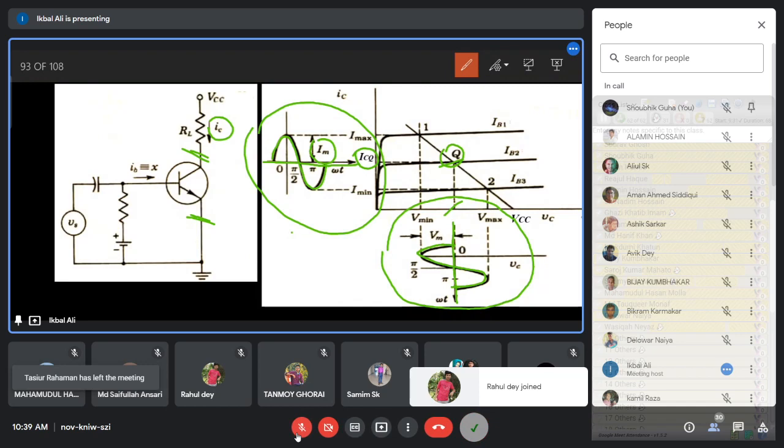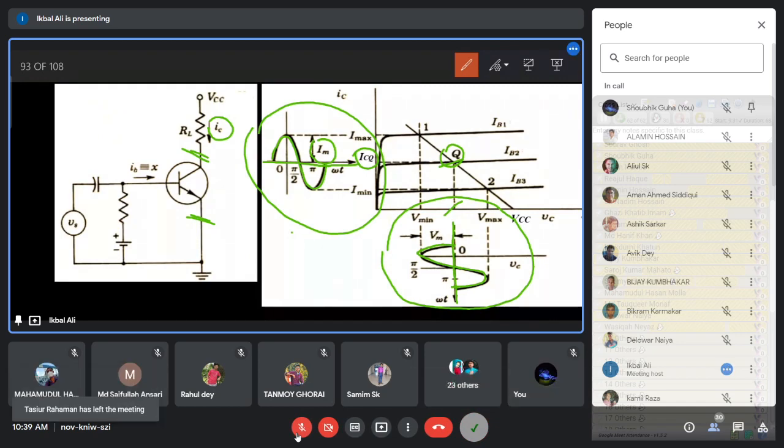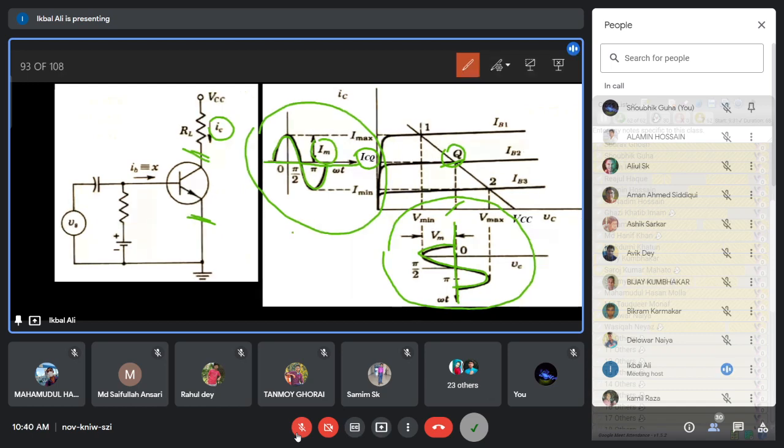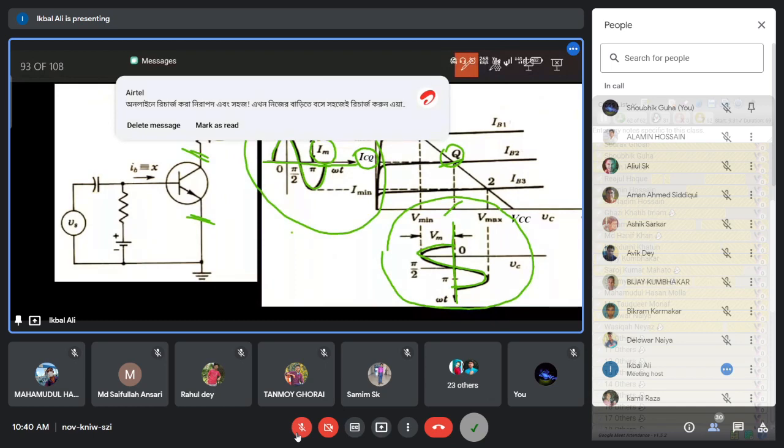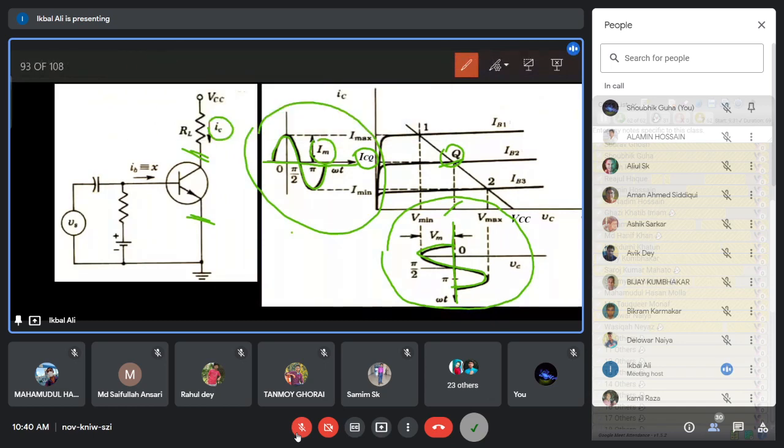Now we will measure how much AC power has been generated by this amplifier at the output side. It will not be very difficult, because you have quantified the collector current between Imax and Imin. Also, you have quantified the AC collector emitter voltage between Vmin and Vmax. So now we can very easily calculate this. Whatever you have learned from the electrical class or the higher secondary class, how to quantify the AC.